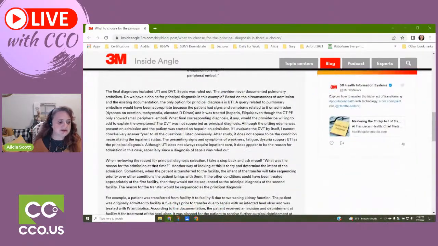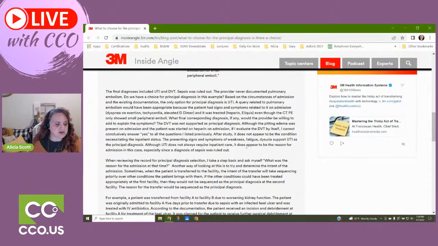And then she ultimately puts in there that the final diagnoses included the UTI and the DVT. Sepsis was ruled out. So when you break that all down, what did she go with? Based on these circumstances, the only option for principal diagnosis was the UTI. A query related to pulmonary embolism would have been appropriate, because the DVT was not supported as a principal